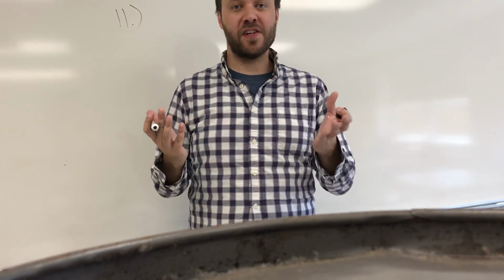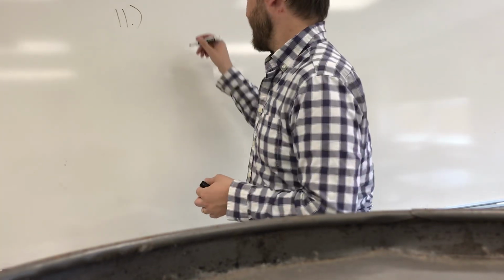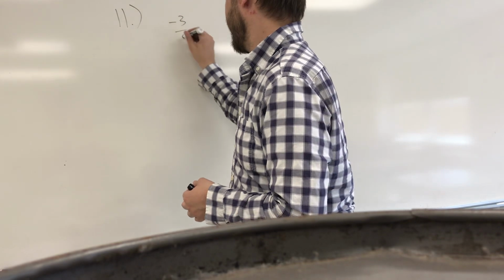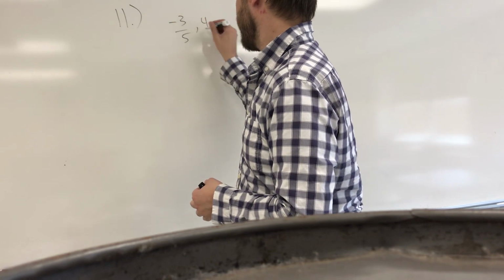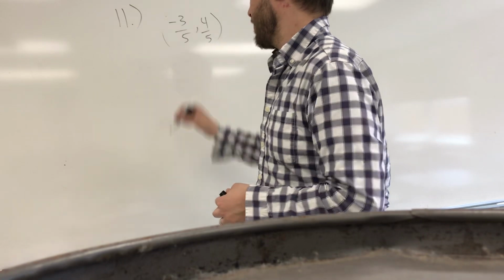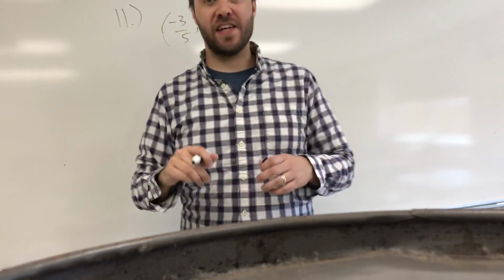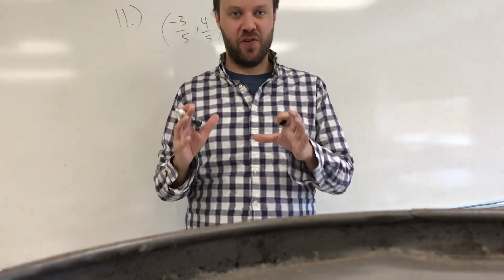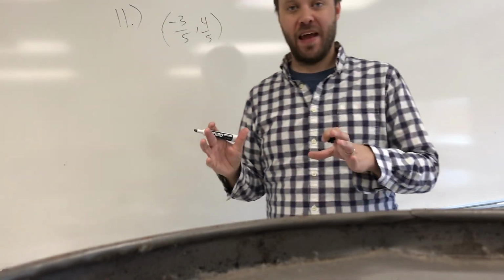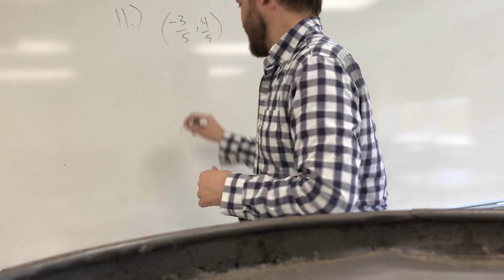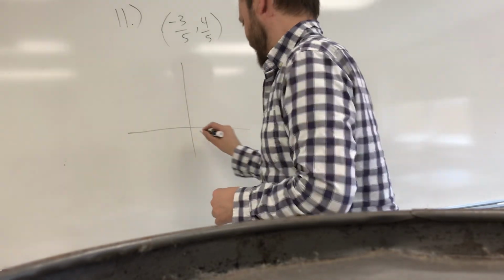I believe this is question 11 on 7.3. I think they ask you to find the sine and cosine of an angle whose terminal side goes to the point -3/5 and 4/5. If you read the question carefully, it tells you this is a point on the unit circle. Okay, and even if you didn't know it was a point on the unit circle, you could graph this,